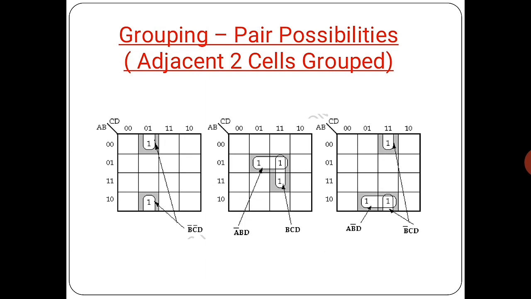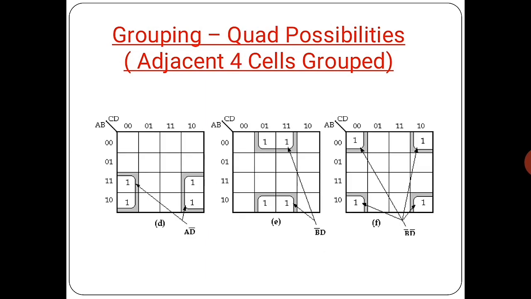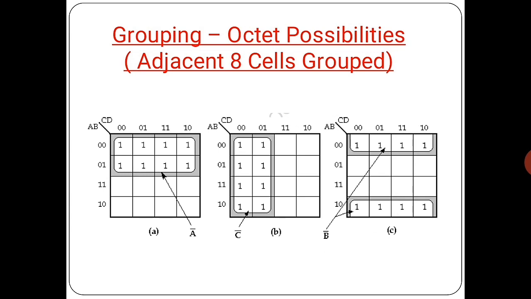In this particular case, the overlapping will be allowed to group as a pair. It is the possibility for the 4 adjacent cells. If we are going to group the leftmost, rightmost and also the corner cells, and also adjacent cells, it may be a rectangle, it may be a corner one also. And also if we are having the cells to group as 8 adjacent cells,